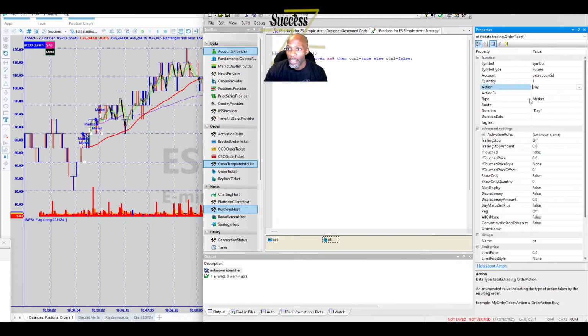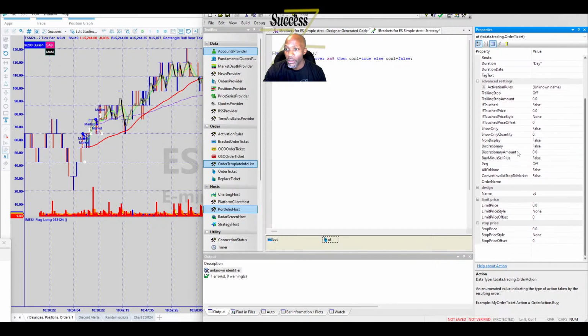So this is going to be buy. This is going to be our initial way to get into the market, and we're going to enter with a market order. We're going to buy with a market order on the symbol. It's type future on this account, quantity of 1, and this is just our regular order, so we don't need to do anything with the limit price or stop price. We don't have a limit price or stop price because we're using a market order. So if those things are true,